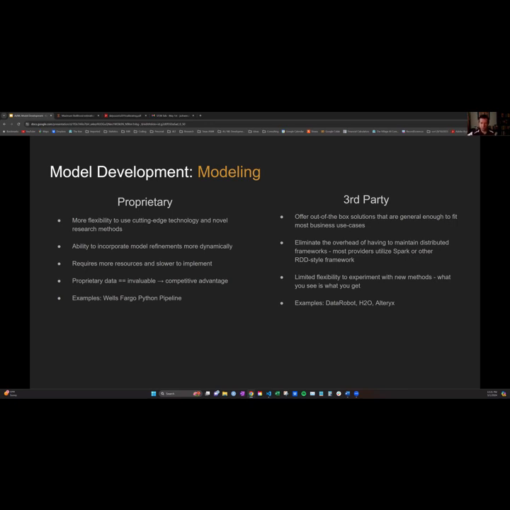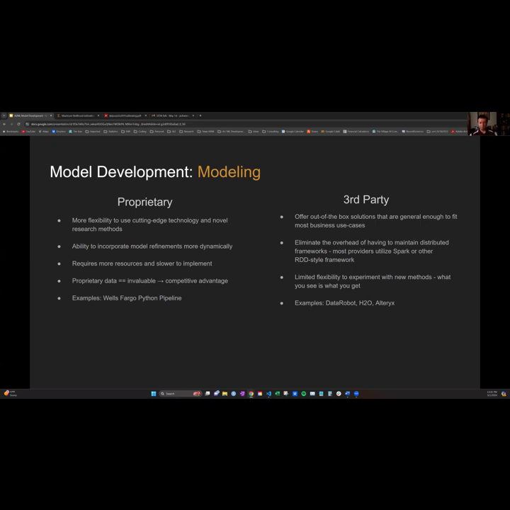We're going out and reading papers, and I have a couple of use cases at the end where I highlight this, but it's a lot easier to incorporate that into a Python package that we developed rather than having to negotiate and barter, the months and months of back and forth with all these third-party vendors to try to incorporate a model such as that, right? And there's obviously a lot of IP related issues with that as well. So while it is more flexible, it's a lot slower to implement just because you have to do all that coding yourself.